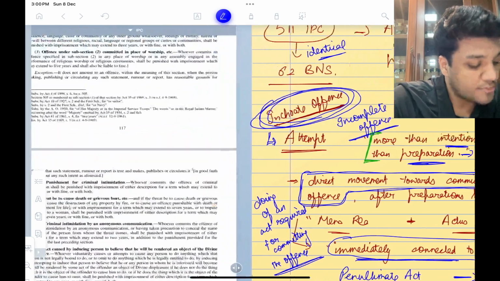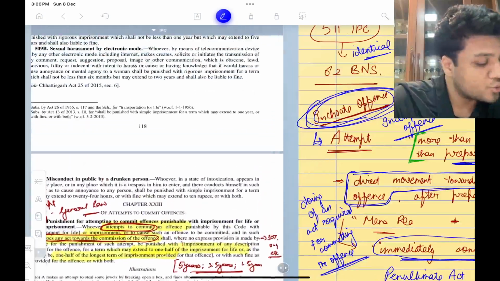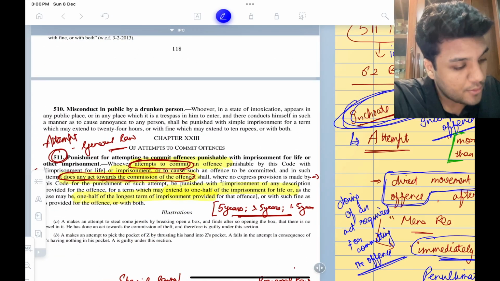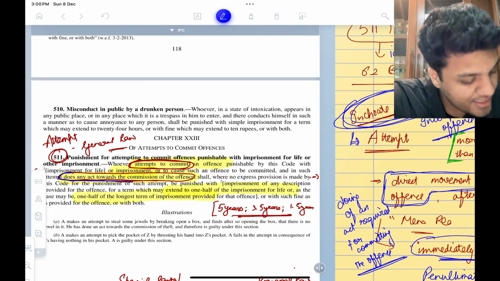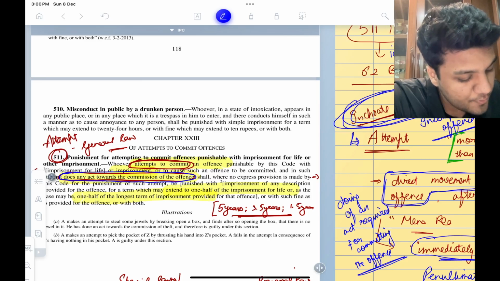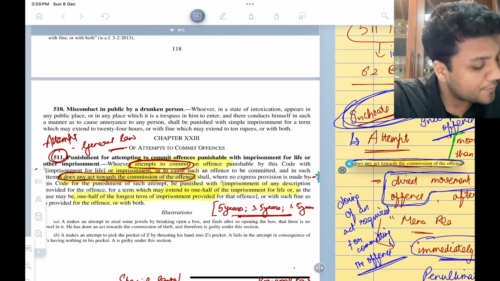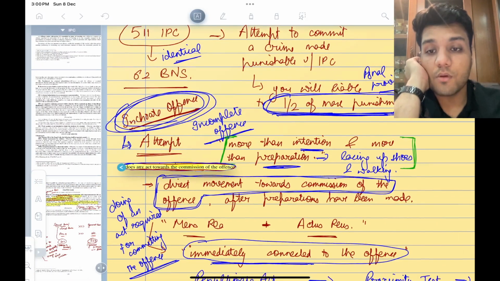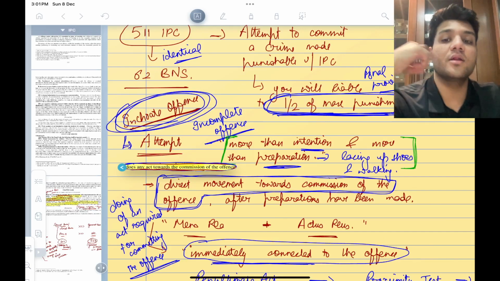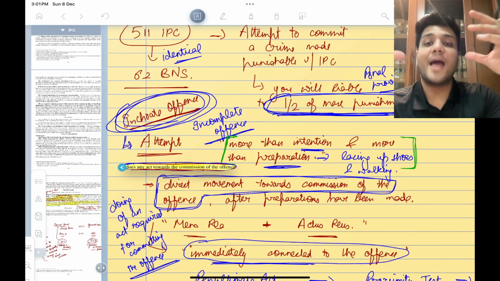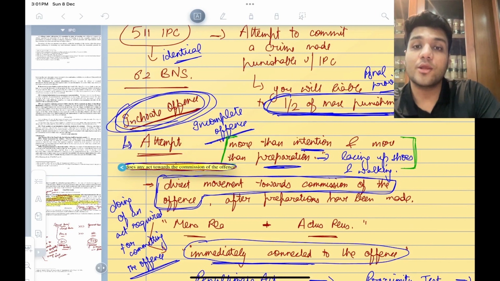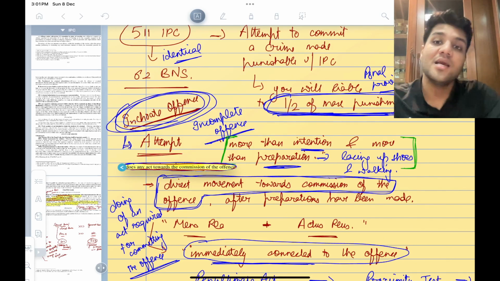This fact also comes out from this particular line which is used in the section, which says that does any act towards the commission of the offence. This indicates to us that direct movement towards commission of an offence is something which is covered under the attempt. So therefore, when you do some act which is towards the commission of the offence, not just you preparing or making yourself ready to commit that offence, but actually starting to commit that offence, that particular act would be said